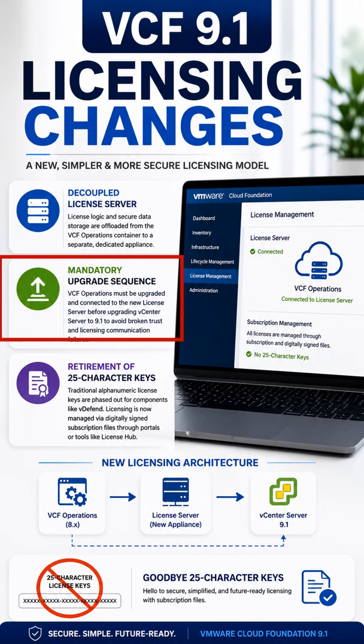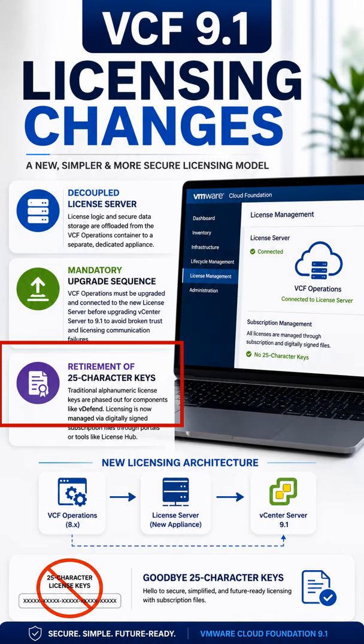So this is again one more change which is introduced in VCF 9.1, because if vCenter is upgraded to 9.1 before the new licensing architecture is ready, then we can end up with messages such as "vCenter is not connected to a license server" or licensing synchronization failure in production. So this can become a problem during lifecycle operations for ESX upgrade, because the pre-check can require the vCenter to